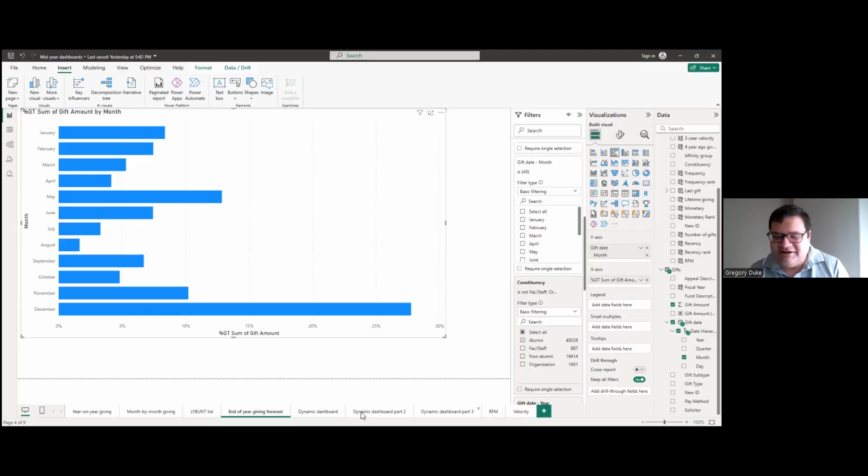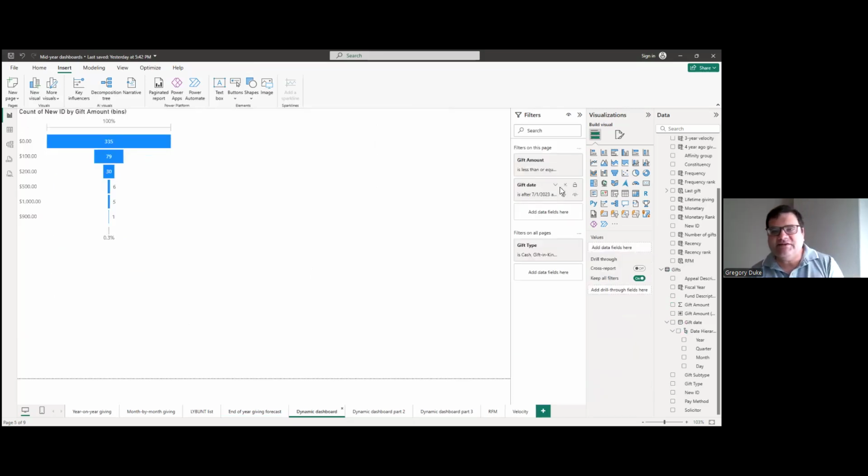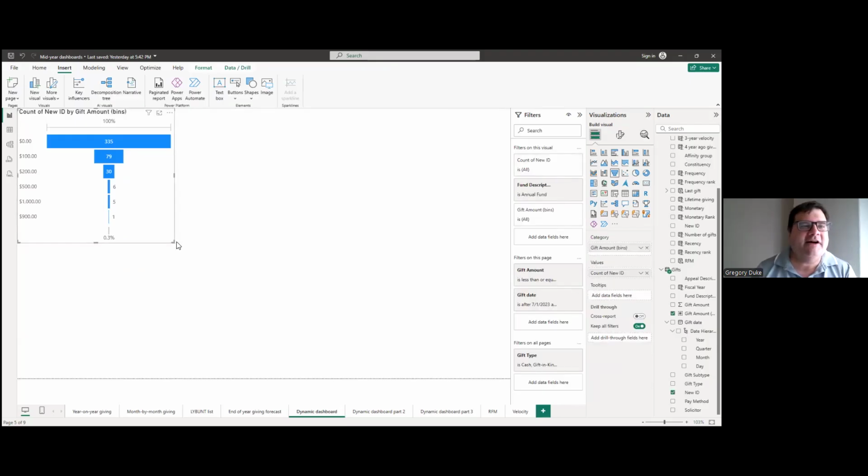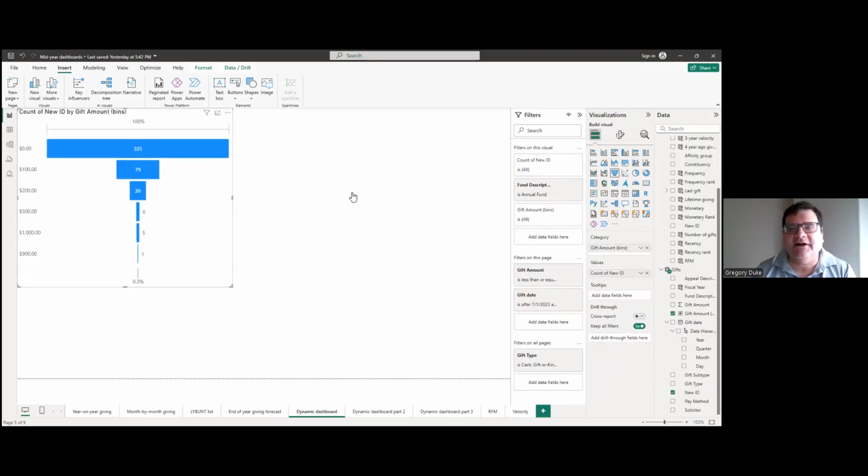So I realize I'm running out of time, so I want to show you a few other dashboards I've put together, which in the past have helped me with this type of project. This is a little more complex Power BI filter. I've used here what's called a funnel, and a funnel shows us the